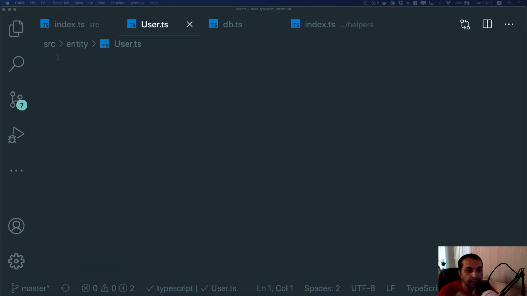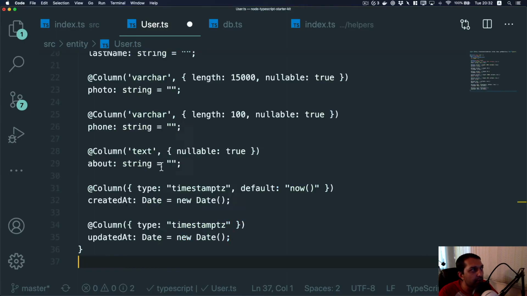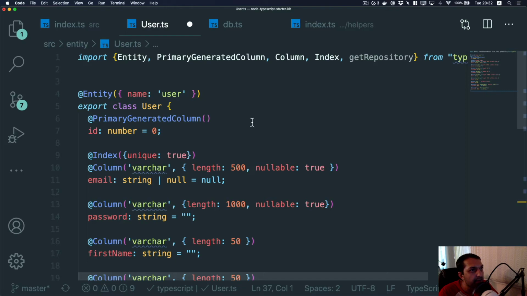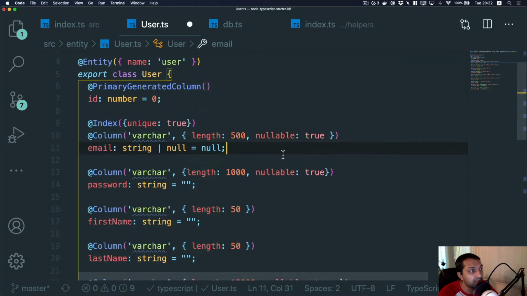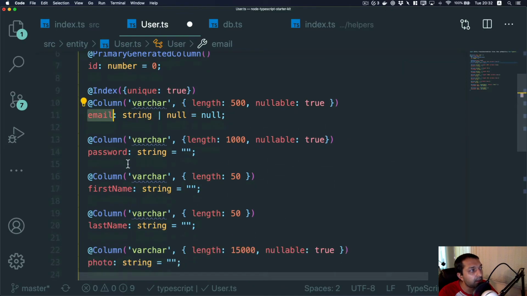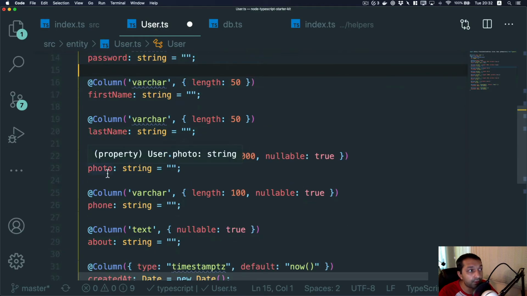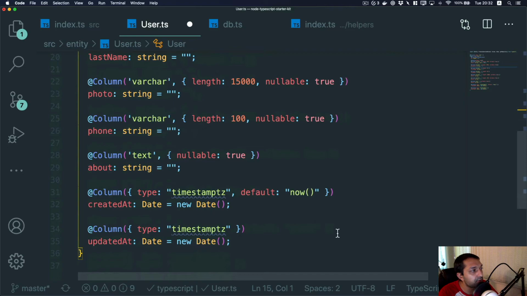So inside this user.ts file, we are basically defining all of the things that we want to have for our user database table, including all of the PostgreSQL index things like email and password column, and first name, last name, photo if we have something for the user, phone, about, created at and updated at,